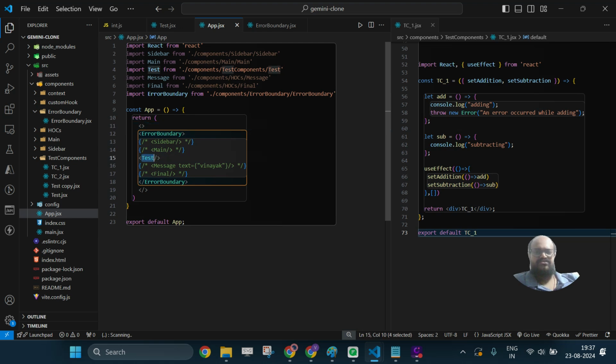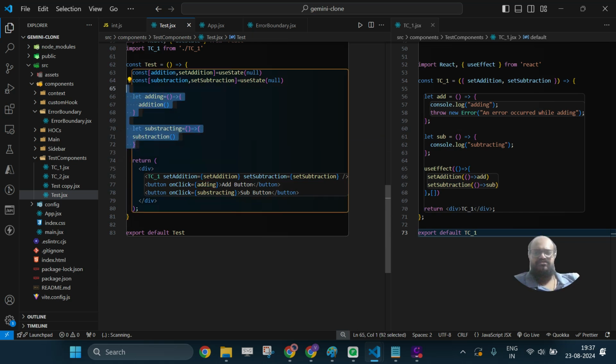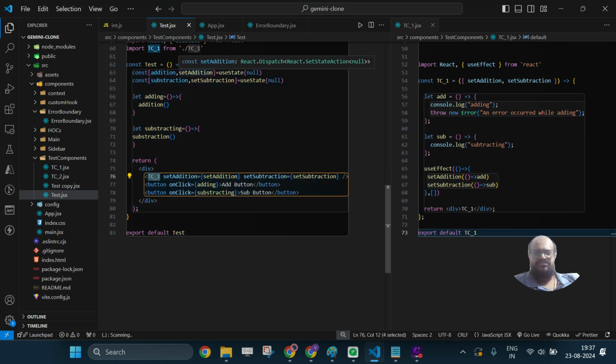I have this test component here. It does some operations. For example, it has two buttons. On clicking a button, it calls these two functions: addition and subtraction methods, which are set in the initial state. Initially it will be null, so we are passing this, and setting the state like this. So what happens is whenever a user clicks on a button,